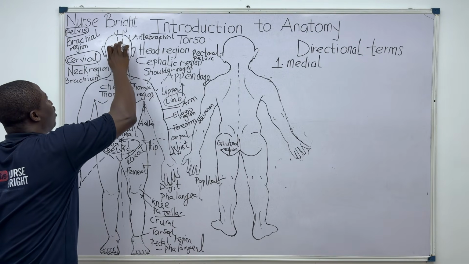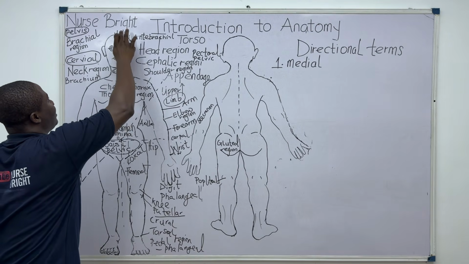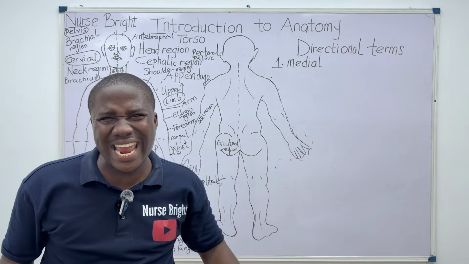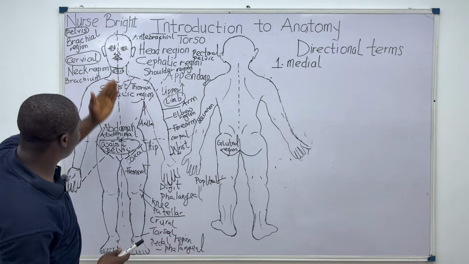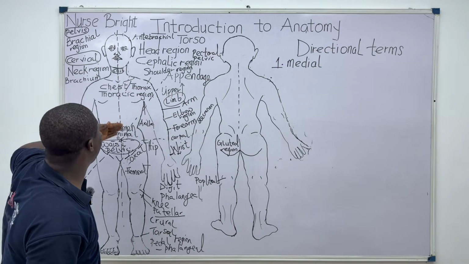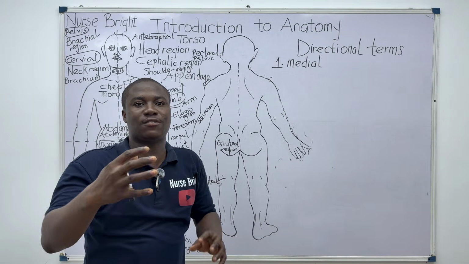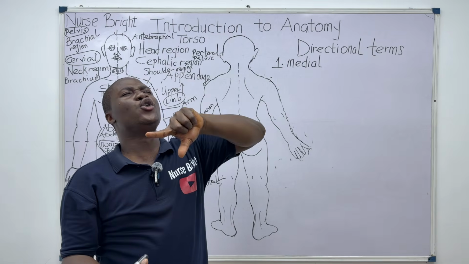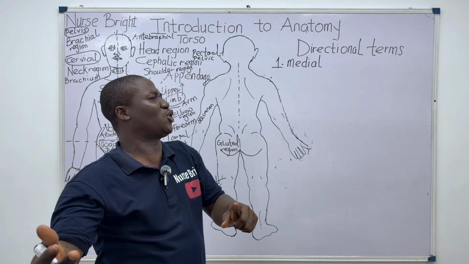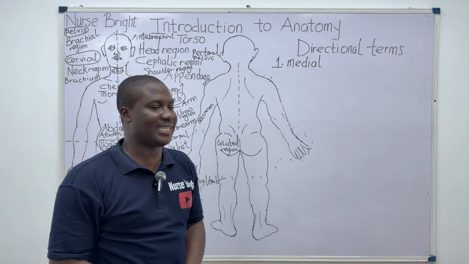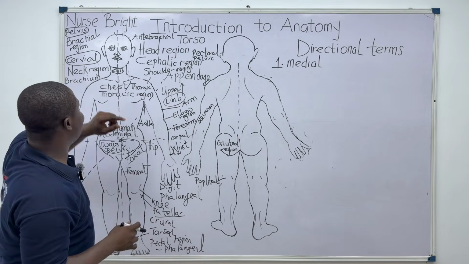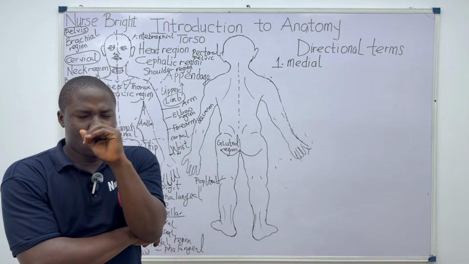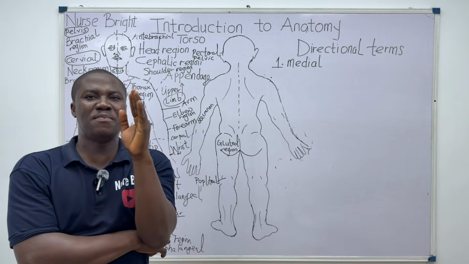I want to clean this plane, all these planes drawn here. So a structure is said to be medial if it is close to the midline. And this is the midline of this individual, which is the center, the middle. And we said that for you to tell the exact location of a particular structure, you have to relate it to the position of another structure. Yes, we said that, very essential. So let us observe the nose and the eyes together. Which structure is medial?